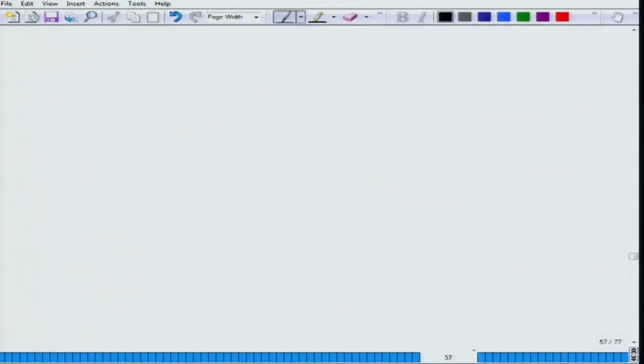And if I put the mathematical equation here, that will be pH is equal to 6.1 plus